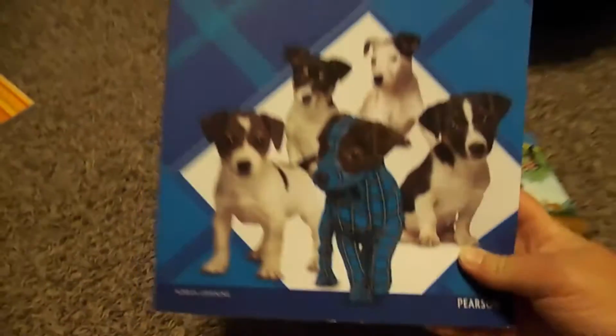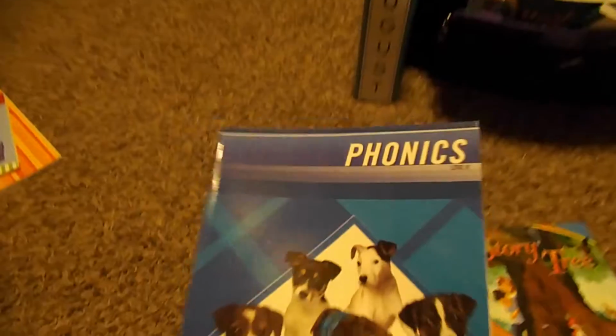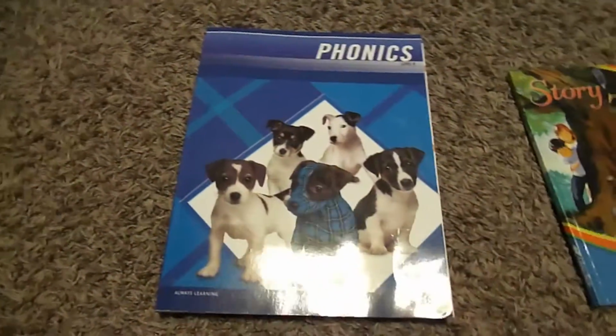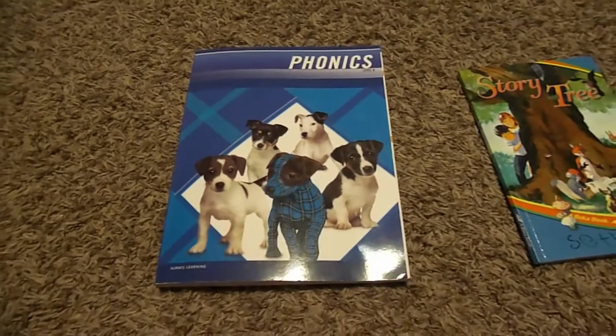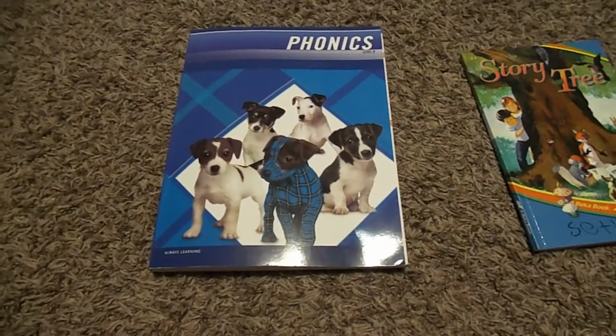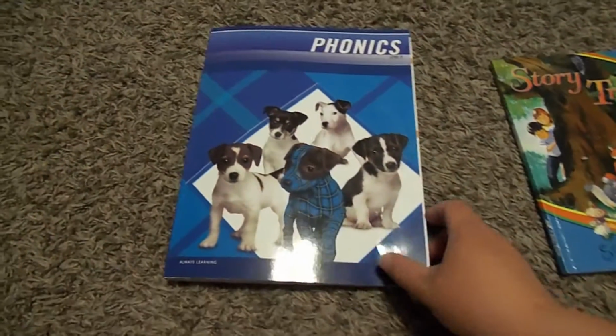and it used to be actually Modern Curriculum Press's Plaid Phonics, but it's now Pearson Phonics. So the only really way you can tell that it's Plaid Phonics is the plaid in the background, but this is basically what Modern Curriculum Press's Plaid Phonics used to be. So we used A last year, we're using B this year, and